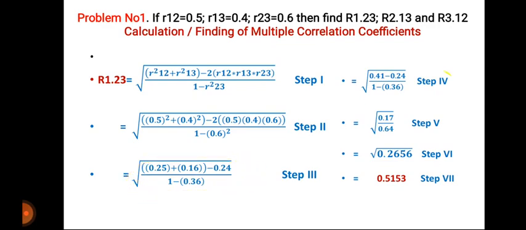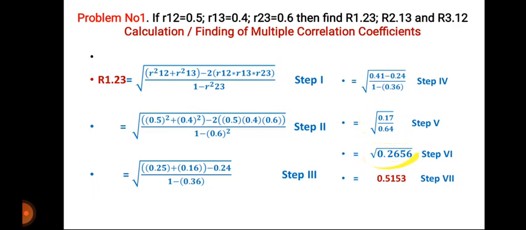Next step, addition. The addition of these two, 0.25 and 0.16, is equal to 0.41, minus 0.24. In the denominator, 1 minus 0.36 remains the same, as only addition is taken into account here. Next step, subtraction. 0.41 minus 0.24 is equal to 0.17, and 1 minus 0.36 is equal to 0.64. This is subtraction step number 5. Then division, 0.17 divided by 0.64 is equal to